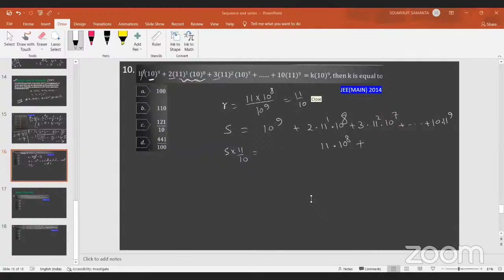If you are multiplying 11 by 10, what will become the next term? 11 square into 10 to the power 7. 2 will be there because you are multiplying 11 by 10 in this term. Plus dot dot, and this will become